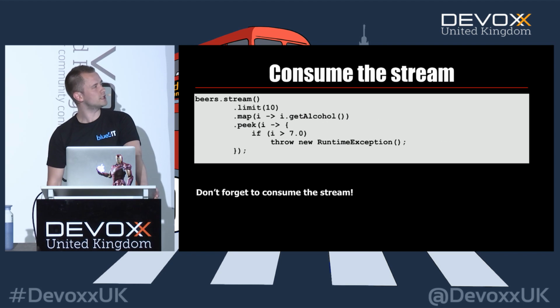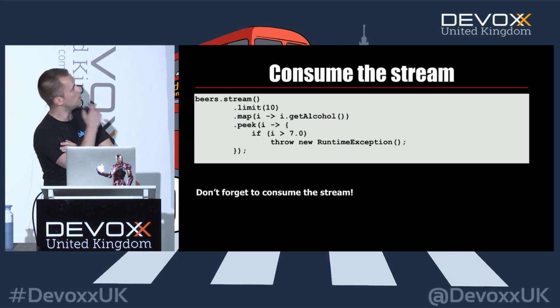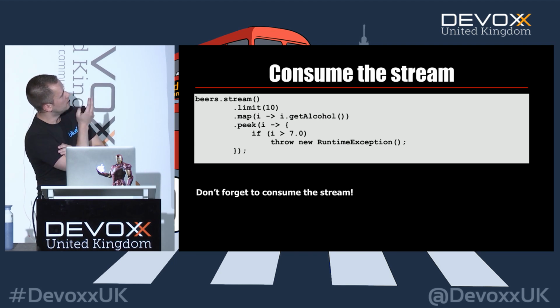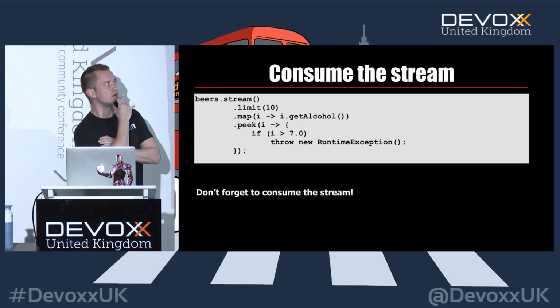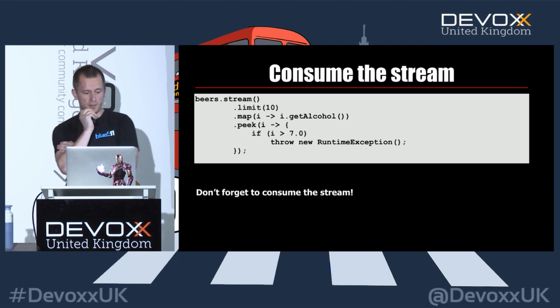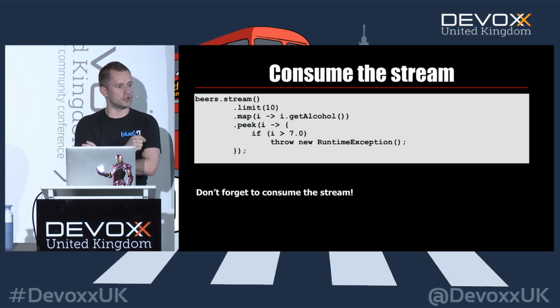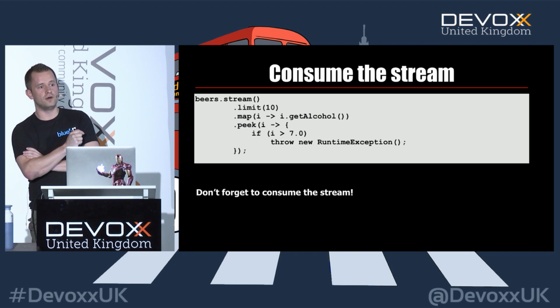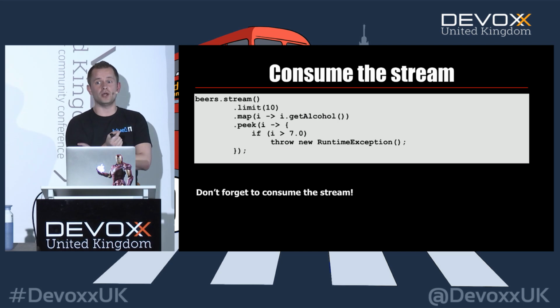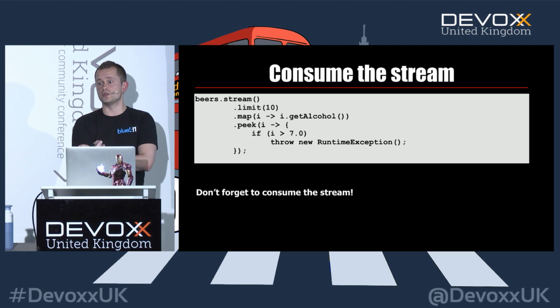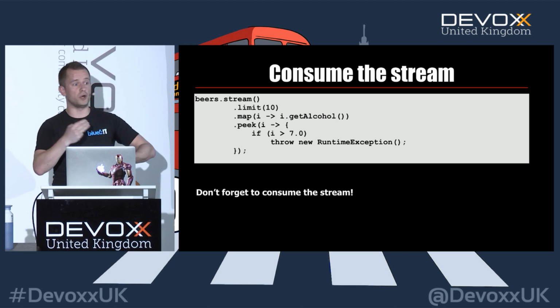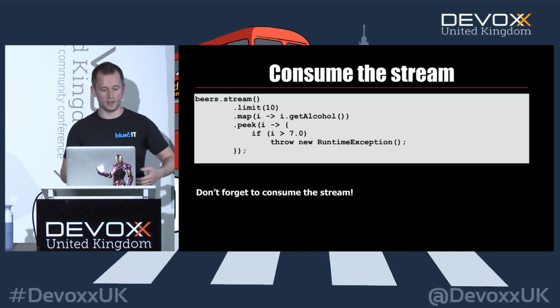You should consume a stream, and this is a nasty one, because if you read it, you will say, okay, eventually if I have enough beers and one of the beers has an alcohol percentage that is bigger than 7, it will give you a runtime exception. But peek is a nasty intermediate operation on streams. Peek will give the stream back as it is, but can apply a side effect. Peek was actually only designed for debug reasons, for instance, to print out the values of the stream that come by.